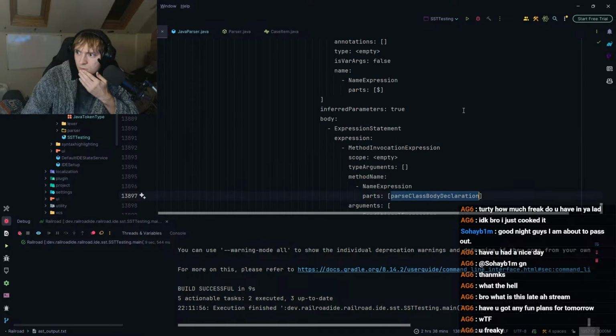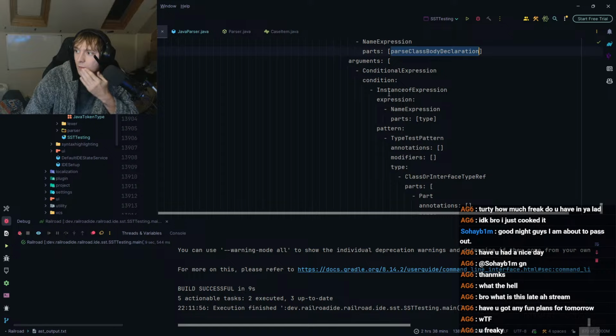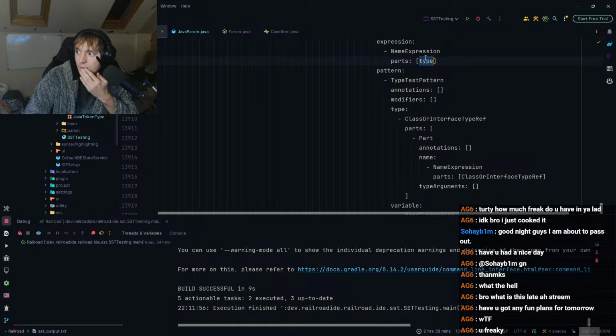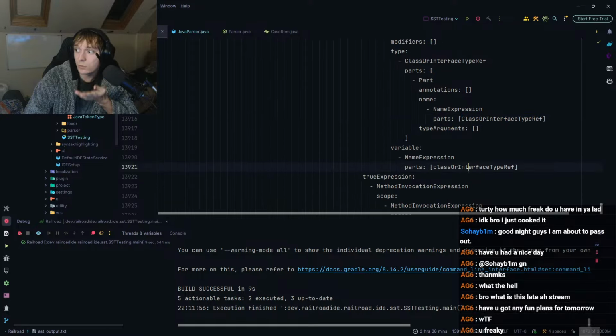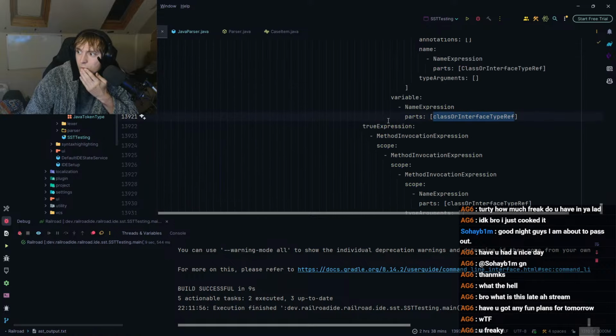Let's have a look. So, we got past class body, which in the arguments takes in an instance of, so type is instance of class or interface type reference, called class or interface type reference. Correct? Okay, what's the true expression?